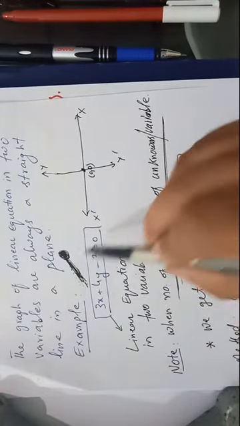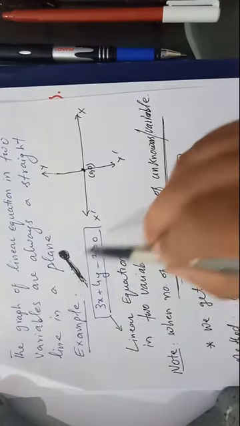So if it is a line, the minimum requirement for a line is 2 points. When you plot 2 points in a plane, you join these 2 points and extend in both directions. That will become the line, and all the points which lie on the line will be solutions of the equation. And you know that a line is made from infinitely many points, so the solutions of such equations are infinite.